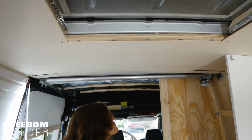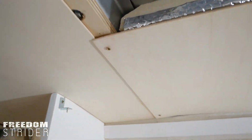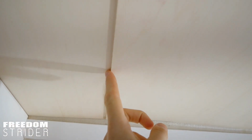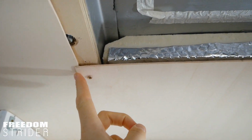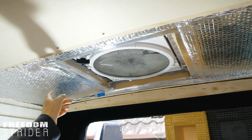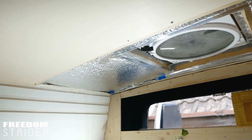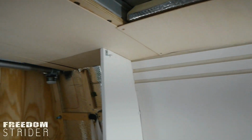Dry fit number 1. As you can see, there's a few non-fitting edges. Yeah, it's like 5mm, millish. Now obviously we need to cut the hole for the Maxxair fan, but it's a little bit too long, so that one needs trimming. And then here,